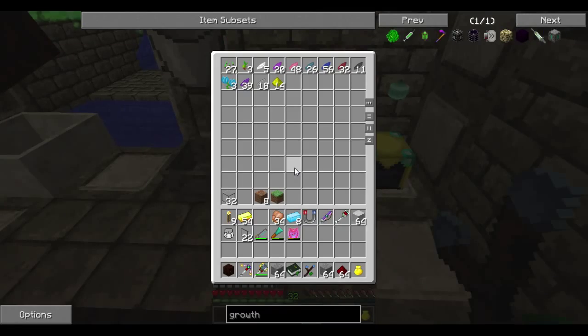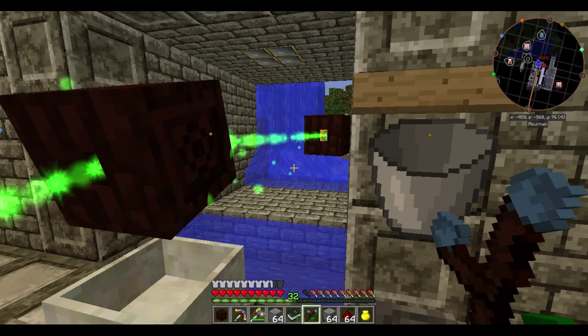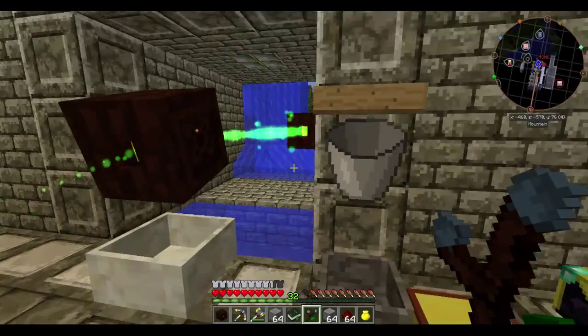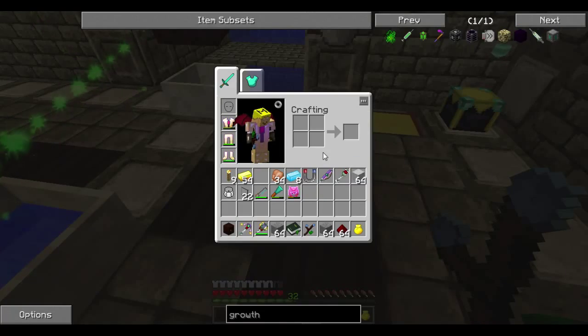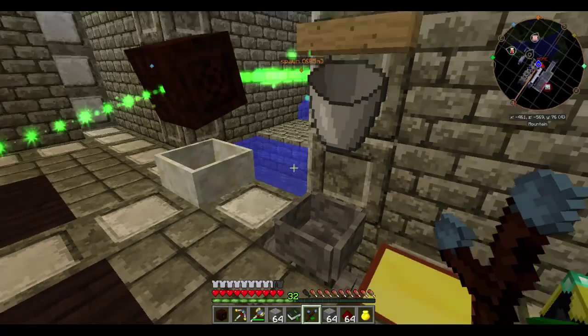So if we go over here in this one, to make the floating ones, basically you take, well, first of all, you have to go get some grass. So you got to get, what's this thing called? Shears. Go out and shear some grass, bring the grass in here, drop it in the pool. The pool turns it into these things here, pasture seeds. So then you take your pasture seeds and you take a standard